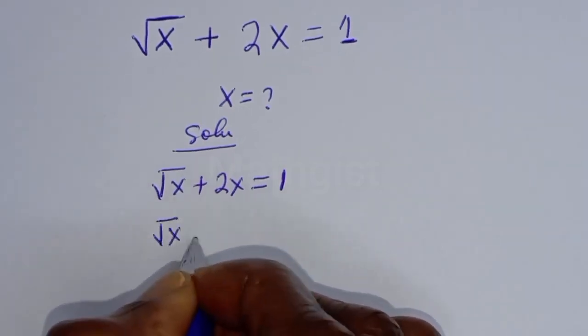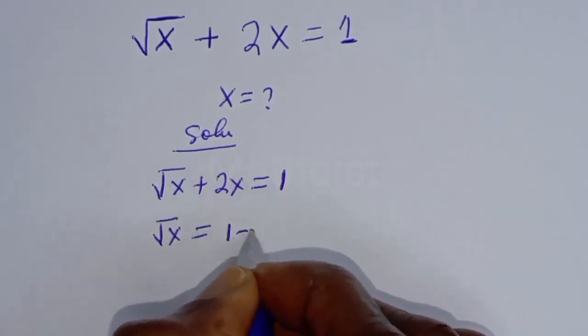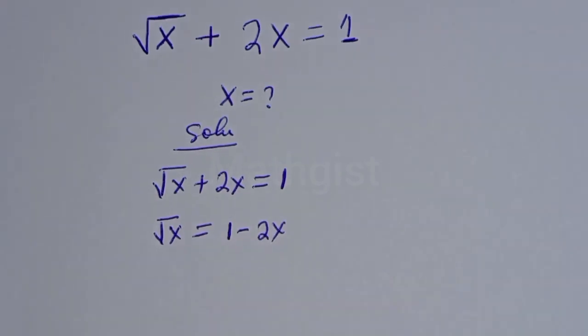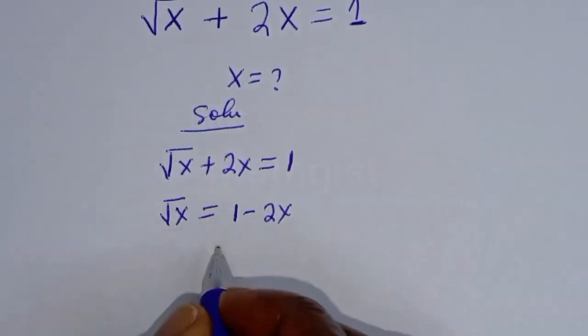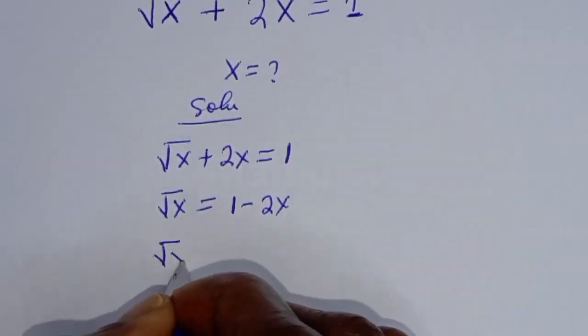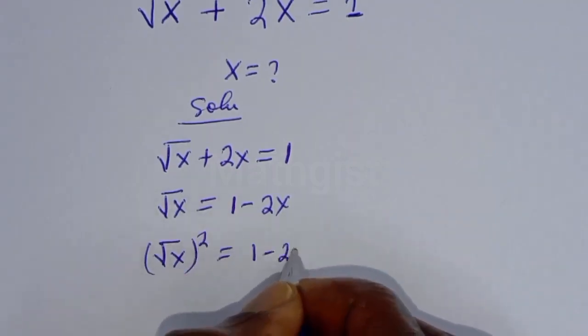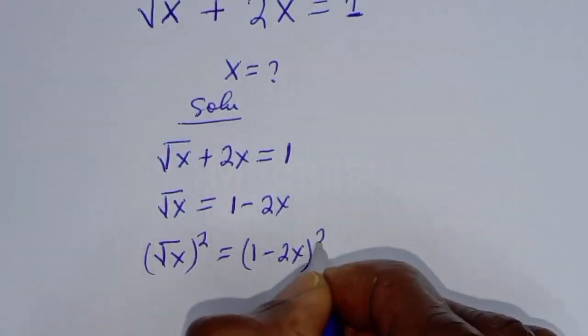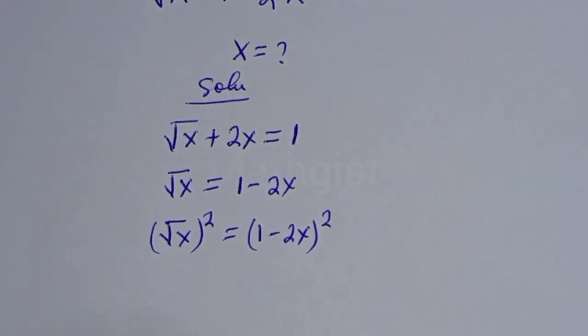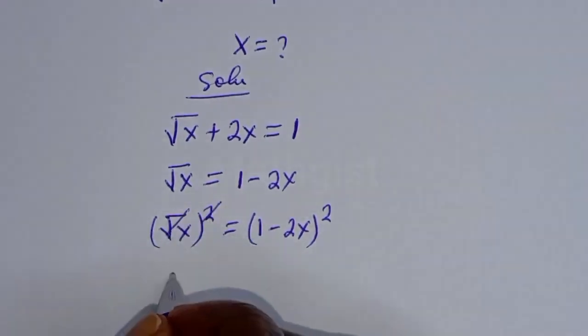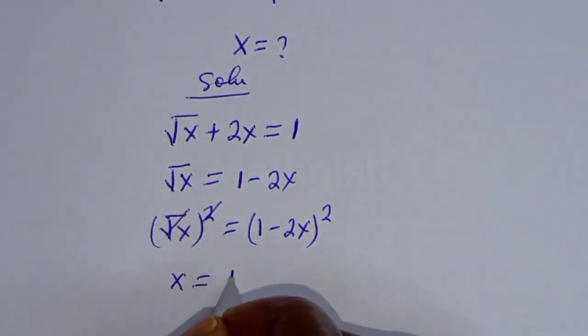Square root of s is equal to 1 minus 2s. Then let's square both sides of this equation. Square root of s, squared, is equal to 1 minus 2s, squared. This will cancel this. s is equal to 1 minus